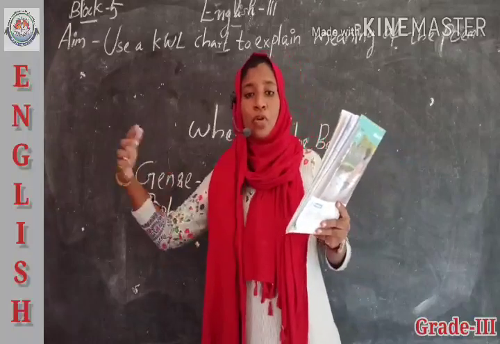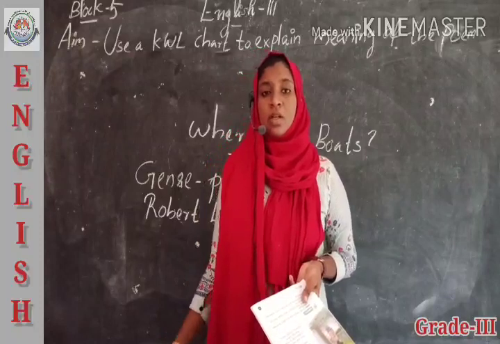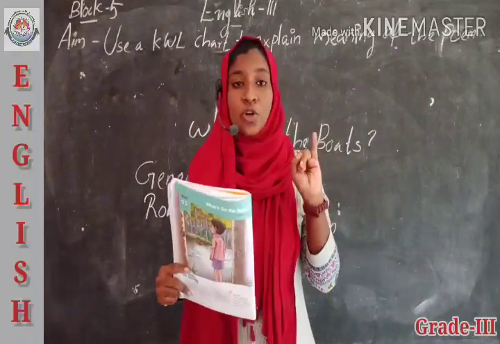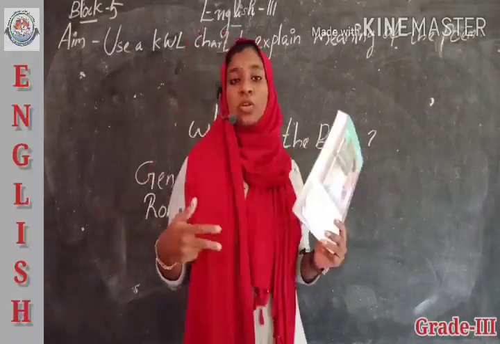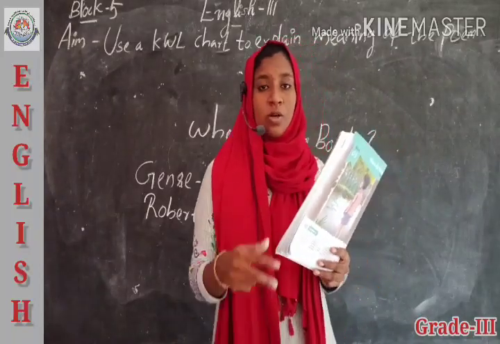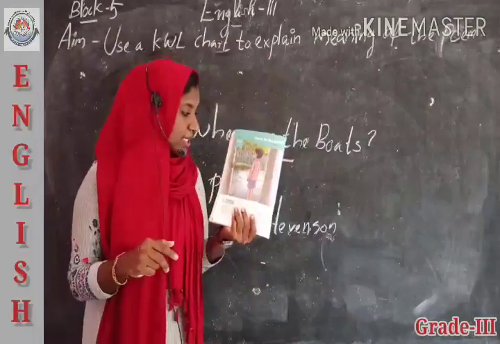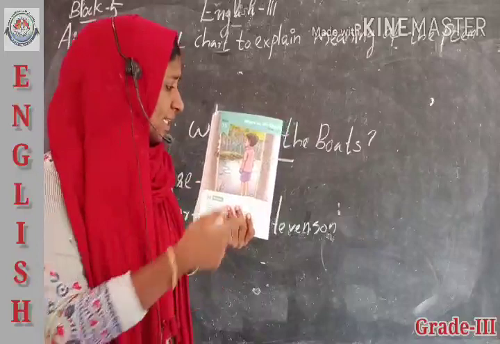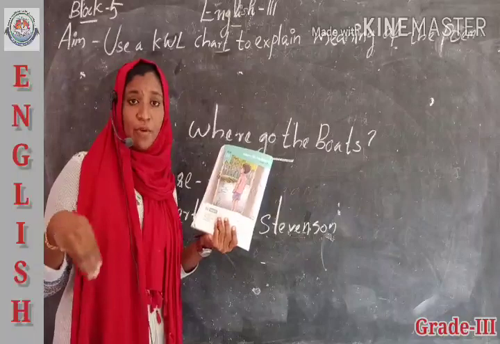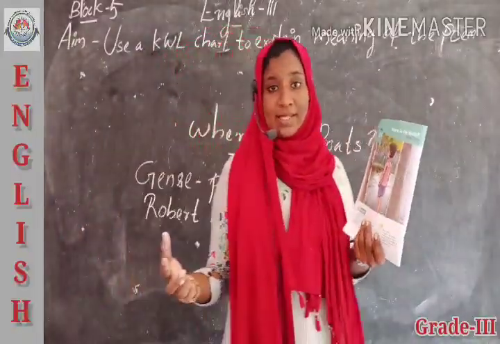Here we know that before going to that poem, we have to fill the first two columns of our KWL chart. So those two columns we have to do before going to the poem. Please look at this picture very clearly. Yes, here we can see a boy. I already said that a river is there and boats, and water flowing in that river, and on either side of the river we can see trees, isn't it?